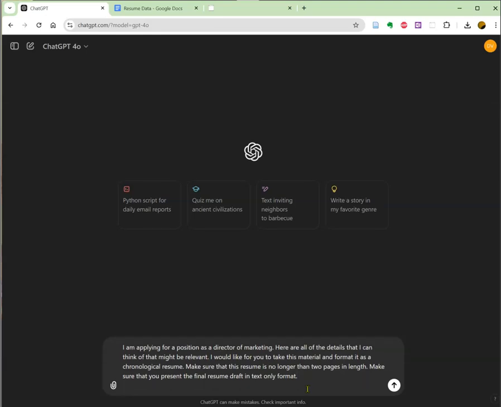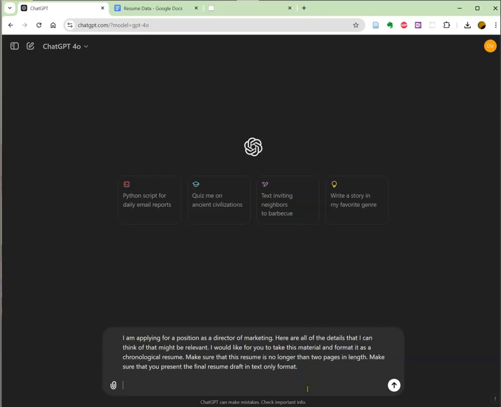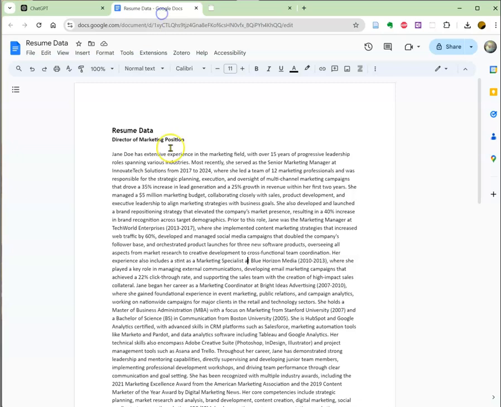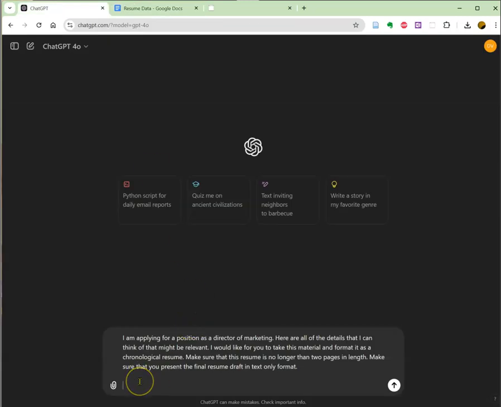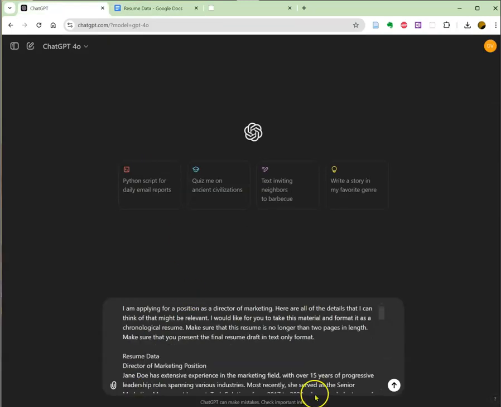I'm going to hit Enter, Shift Enter, and that just gives me some empty space. It helps me, again, to visually separate what I'm asking from the data that I'm using. Go back to my data document, Control A to select everything, copy, Control C, I go here, Control V, and there I go. I have my prompt here and all the data down there, and then the final step will be click the action item button, the arrow. I click on that,